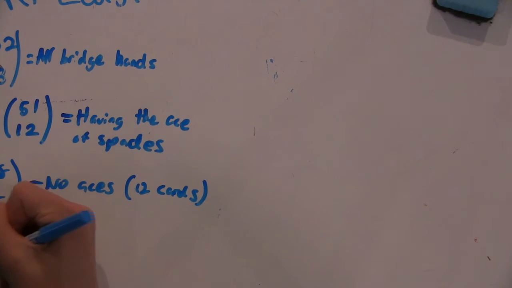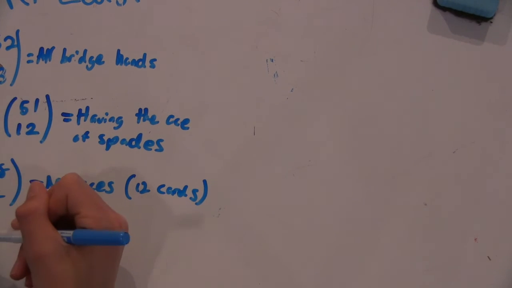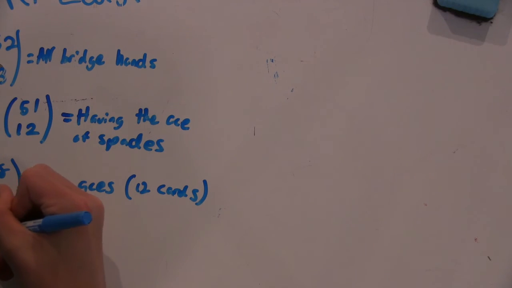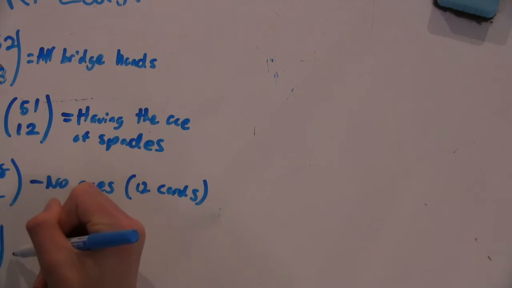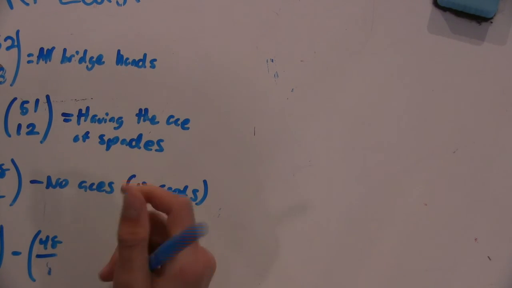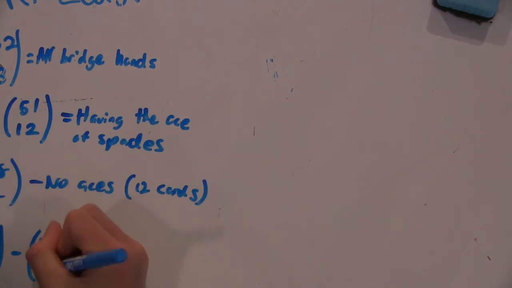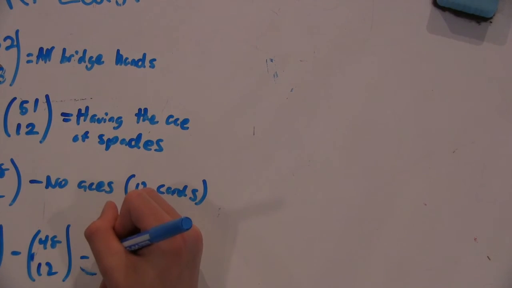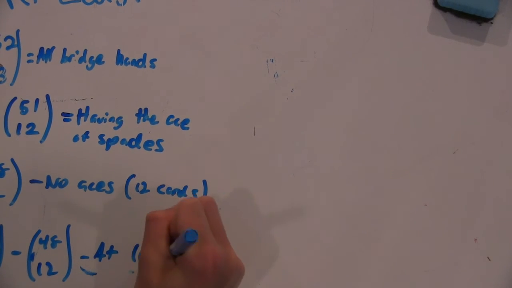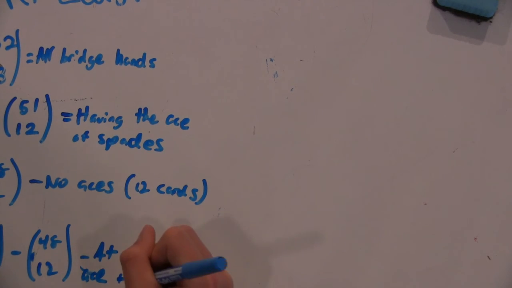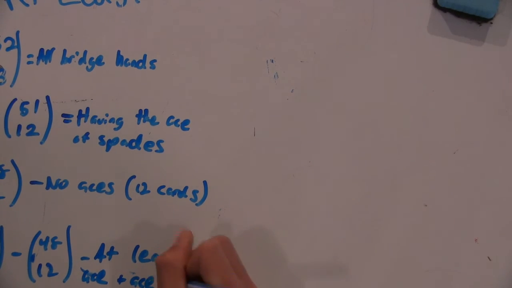And then I guess we just subtract that away from the 51 choose 12. Okay. So the number that have at least 2 aces is 51 choose 12 minus 48 choose 12, because 48 choose 12 is the ones that had no extra aces. Okay, great. At least one ace plus the ace of spades. Yep. Okay, so